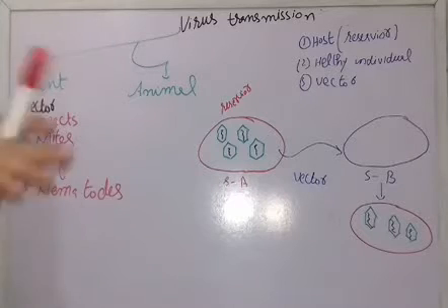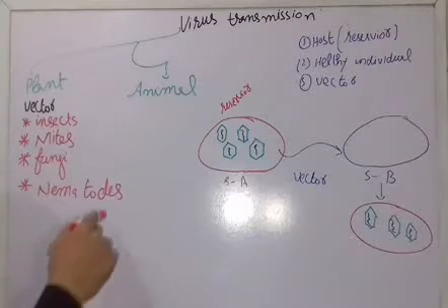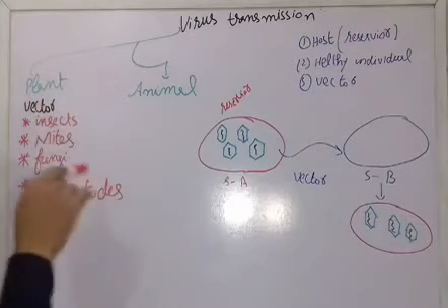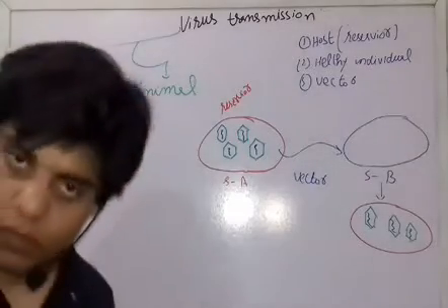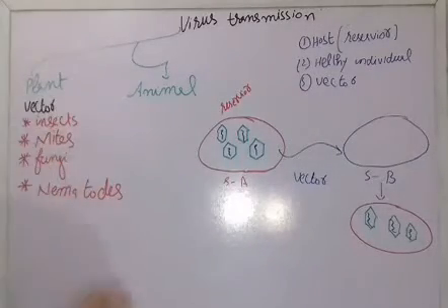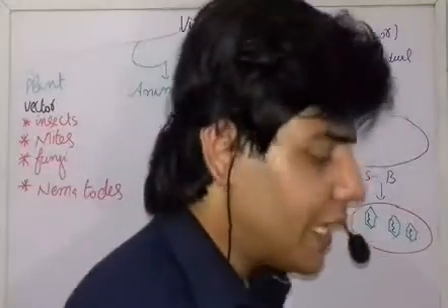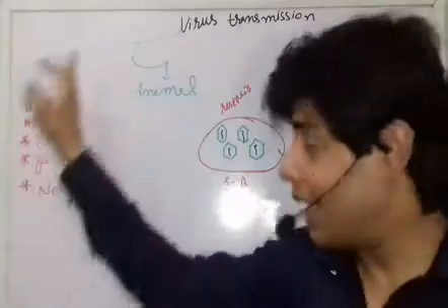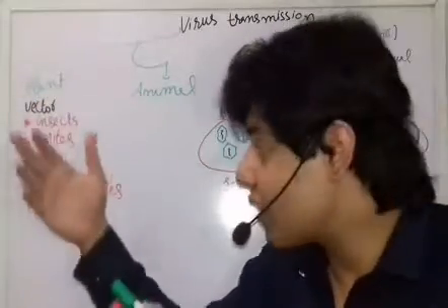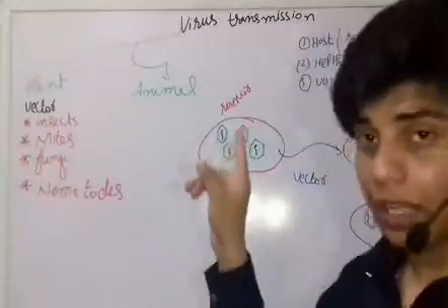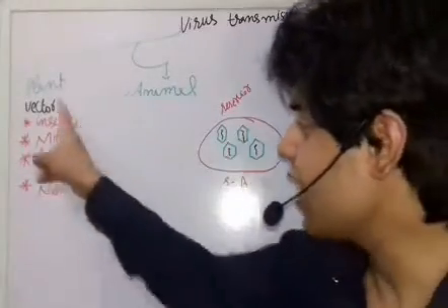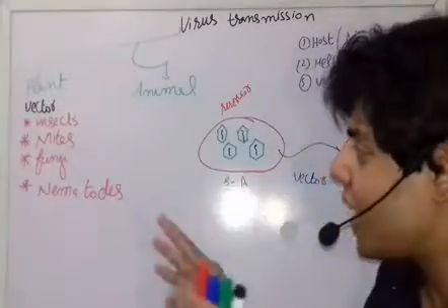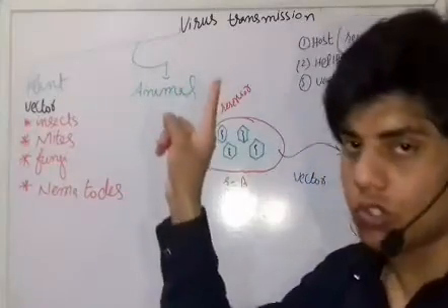Nematodes also feed on the plant to get the nutrients. Once they get the nutrients, they will feed on the human body, by which they can transfer the viruses from plant to the human. Fine. Now that's all about the plants, how the infected plant can transfer the infection to the healthy host. They use these vectors to easily transmit the virus infection to the healthy host.